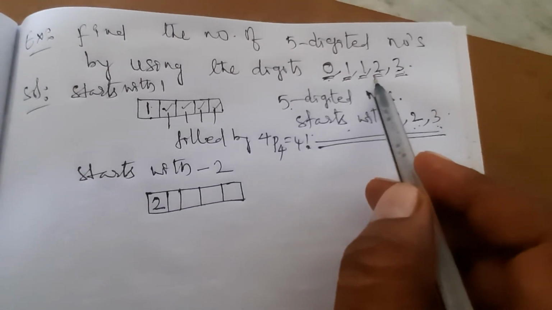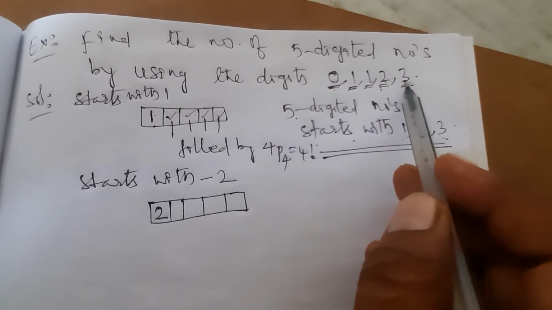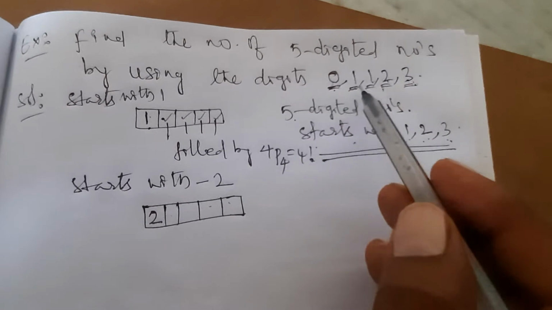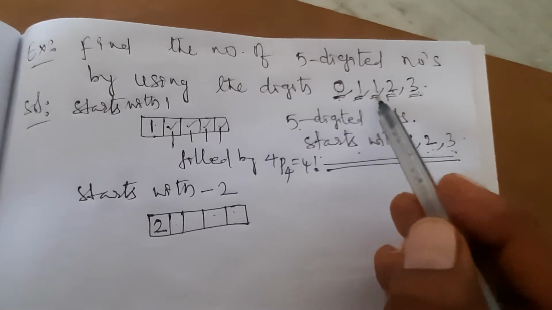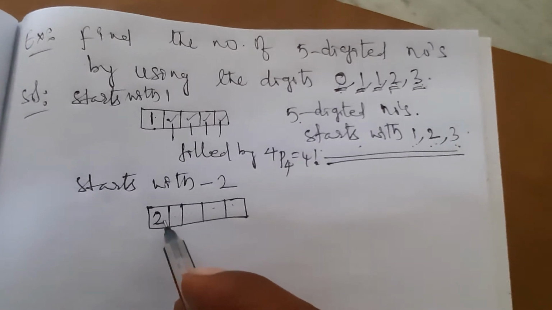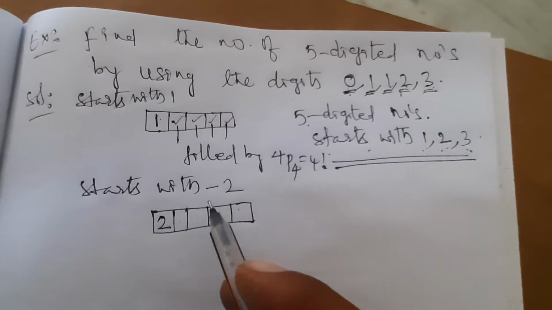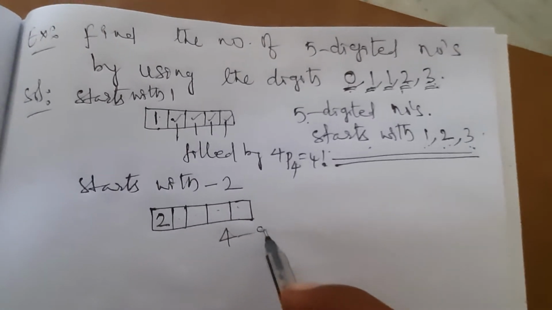Then what are the remaining digits? 0, 1, 1, 3. How many? 4 things are there, 4 gaps are there. But here, out of these 4 things, 2 similar things are there. So after fixing 2 here, since we are taking the classification of 5-digit numbers that start with 2, the remaining 4 gaps